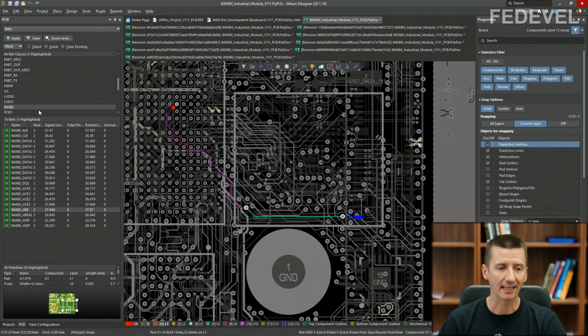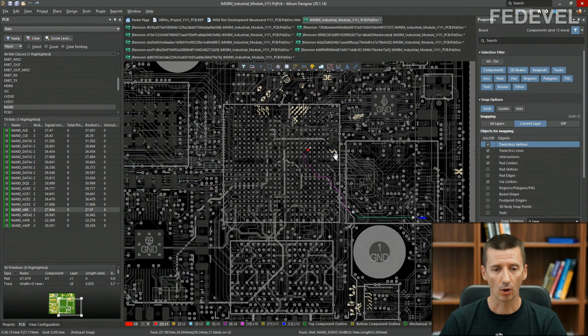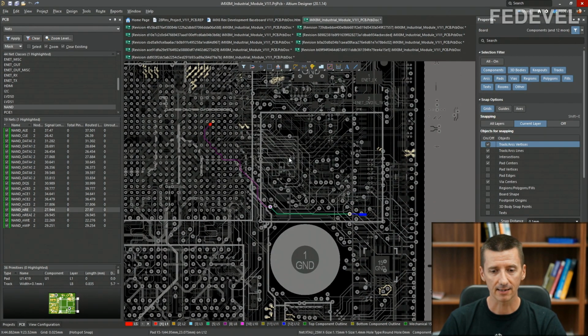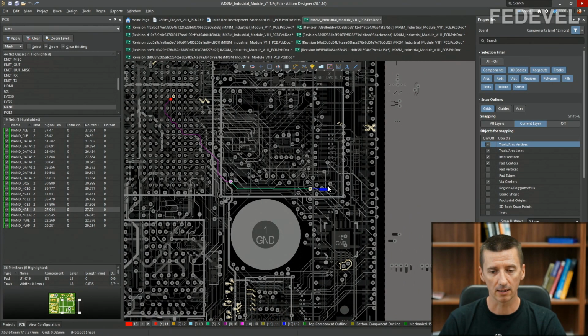I know the NAND interface is maybe not the most critical for length matching, but same as for the LVDS signals, this is a computer on module, and this interface is connected to the board-to-board connector. We don't know how the baseboard is going to be done, how people are going to route the NAND interface on the baseboard.